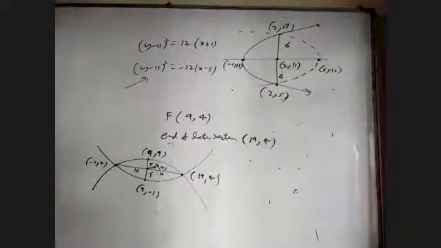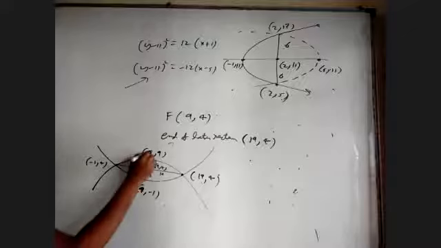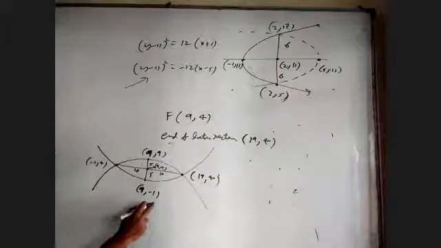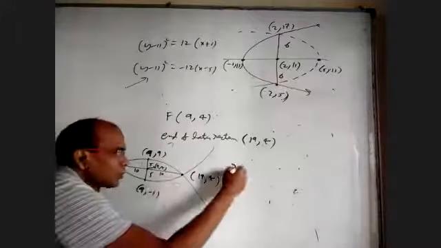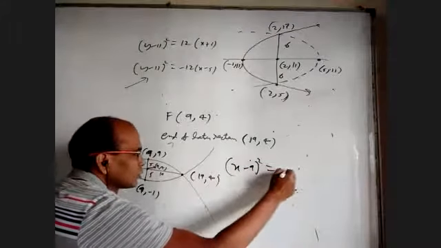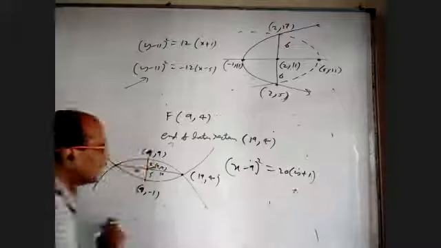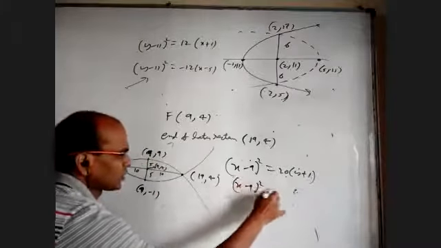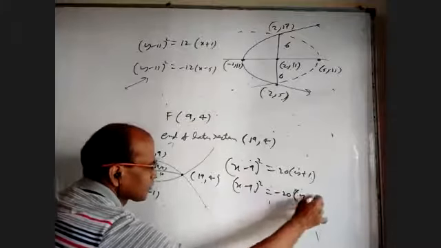Right? Yeah, so it is 9 only. So what is the upward parabola? With vertex 9, minus 1 and length of latus rectum is 20. So x minus 9 whole square equal to 20 into y plus 1. The downward parabola has vertex 9, 9. So x minus 9 whole square is minus 20 into y plus 1.